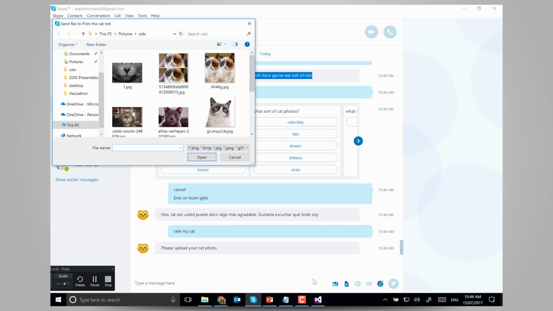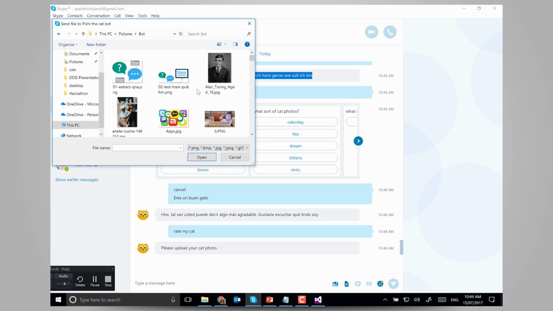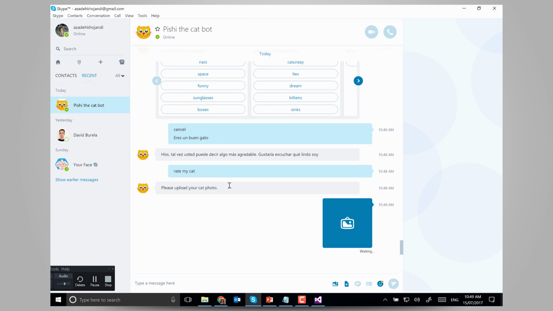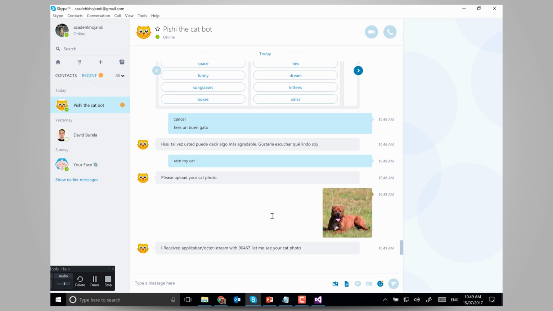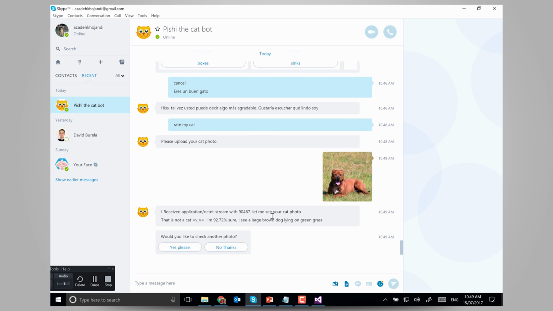Okay, because the chatbot wasn't nice to me today, I try with my dog photo. Let's see what it thinks. So I got acknowledgement that it got the photo, and it says, it's not a cat, I'm 92% sure I see a large brown dog lying on green grass.